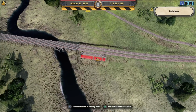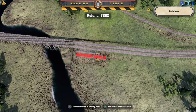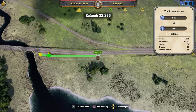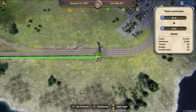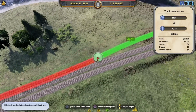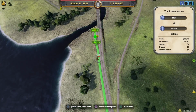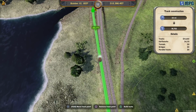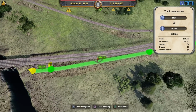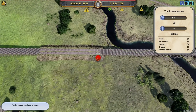Let's see. Really make that a bit shorter. Let's take that piece out completely. Let's try this again. I want that to be a much smoother connection. I want it to run parallel and not have that really bad kick out. So it needs to run to about there. Okay, there we go. Same again, we need a spacer